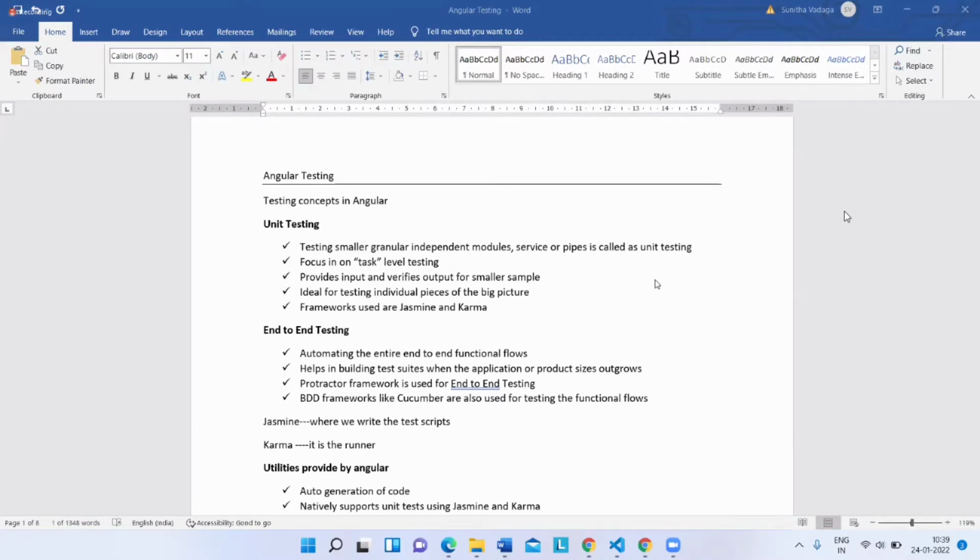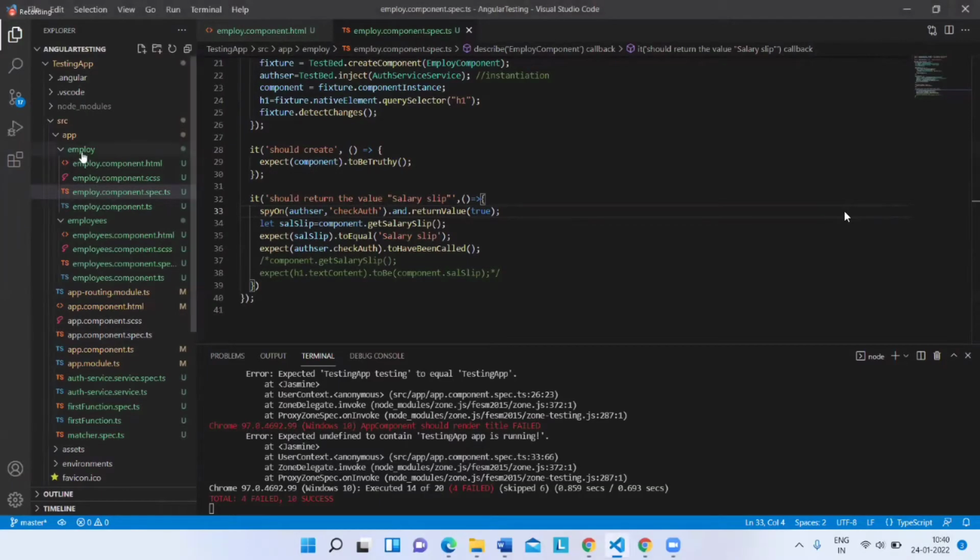When you are doing unit testing, you are testing unit by unit, and it works fine. But after that, you need to go for integration testing, where all the units are integrated together. Now let us see: I have one particular component called employee, and I have a module called app module.